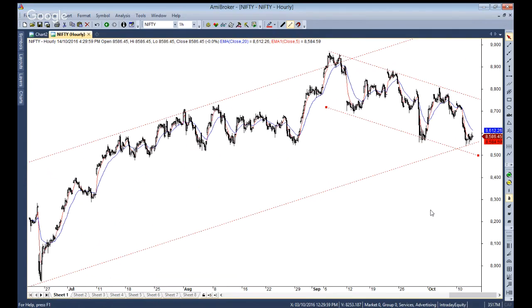Moving averages help us understand what can be the probable turning areas. Channels help us understand the key support and resistance levels. And Elliott Wave helps us understand the maturity of the trend, how mature the trend is, and what to expect next from here on. So when we combine all of these techniques together, we get a lot of insight into what should be the probable outcome over the next few days or few months or few years.